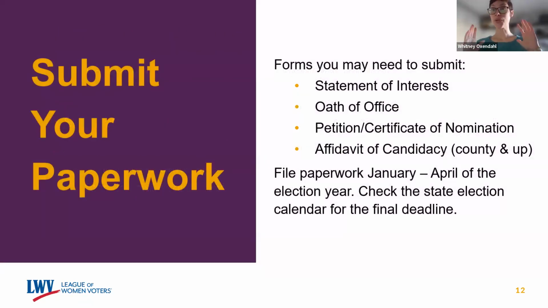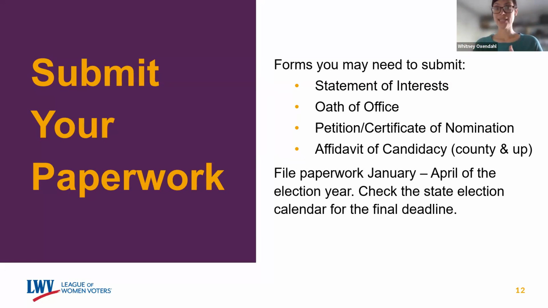All right, so now let's go to the paperwork, because they have to know some things about you to put you on the ballot. The forms that every office needs to submit are these top two. A statement of interest form is a financial disclosure form that every candidate has to fill out and submit to their office, like their city auditor or the county auditor. Two, an oath of office is a pretty simple form. It's like, I will make sure to uphold the North Dakota Constitution, the US Constitution, and the duties of this office. And then you sign it and have it notarized. So there are those two pieces of paperwork that everyone has to fill out.